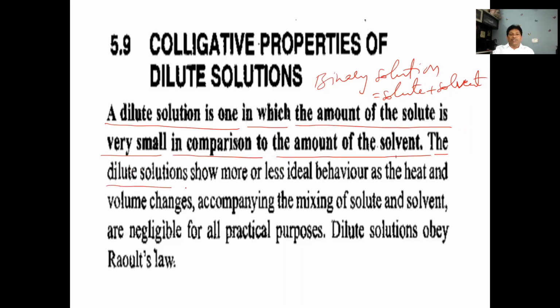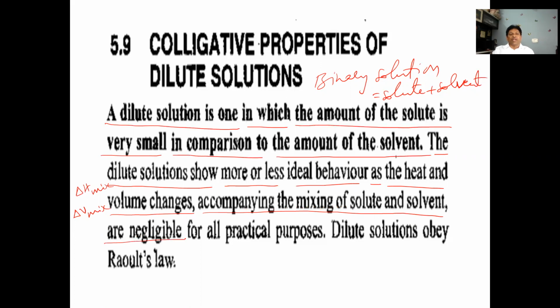The dilute solutions show more or less ideal behavior. Very dilute solutions show what? Nearly ideal behavior, as the heat and volume changes, delta H mixing and delta V mixing, meaning enthalpy change, that is heat change, and volume change, accompanying the mixing of solute and solvent,